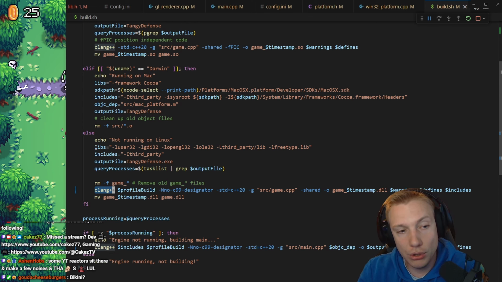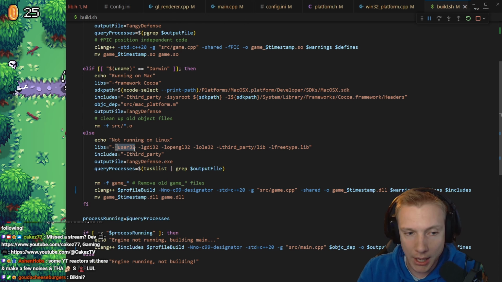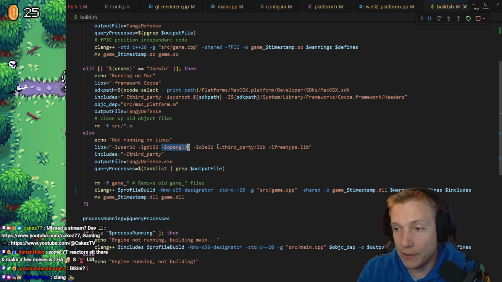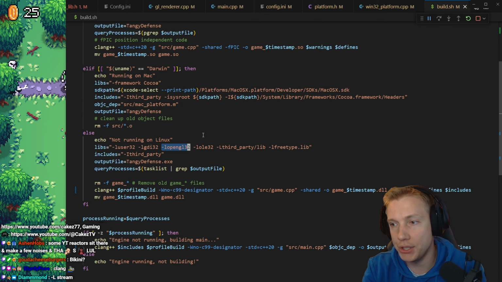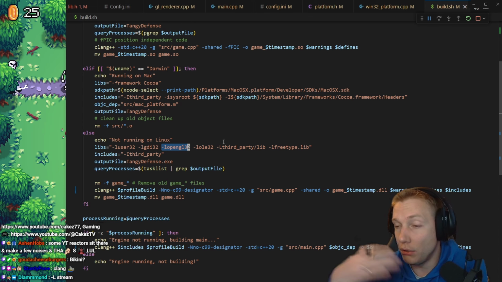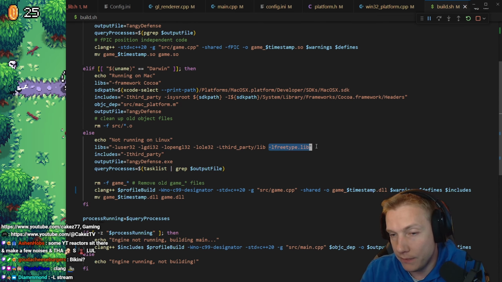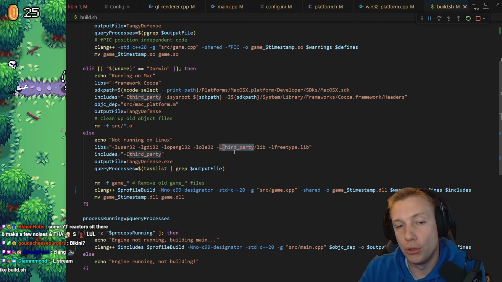They want you to link libraries using the -L operator. So -L user32, -L GDI32, -L OpenGL32. And then if you want to add another folder to look at libraries, so that the compiler can take a look not only at the Windows libraries but also your own libraries, let's say FreeType, for example, you specify a capital L and give it a relative folder path to